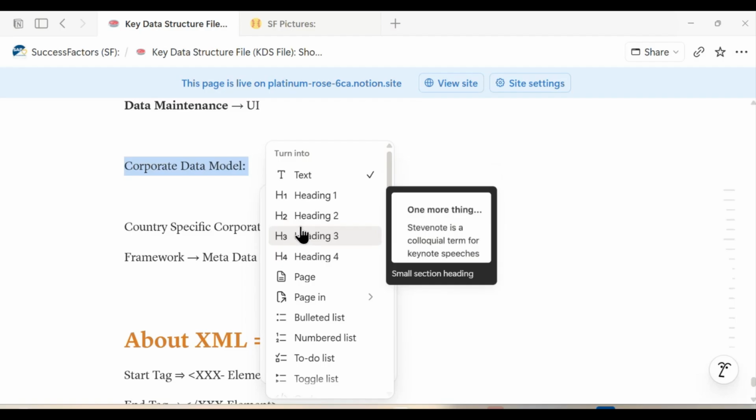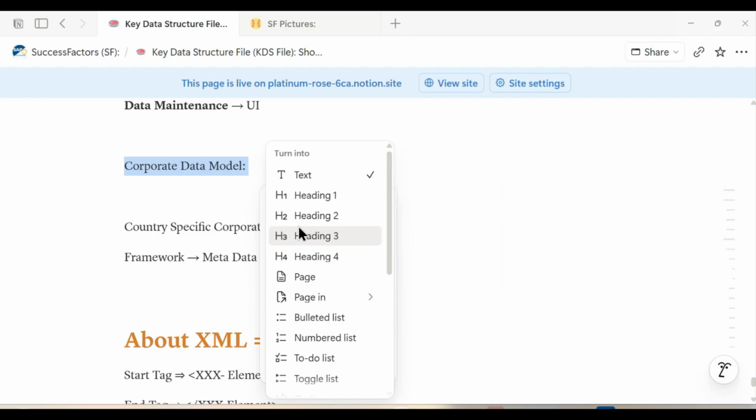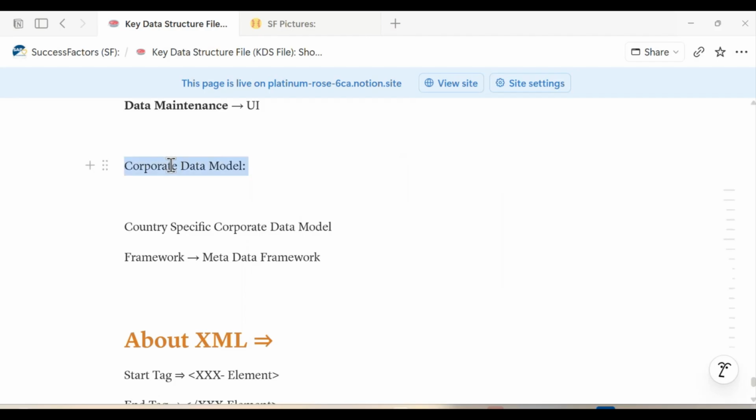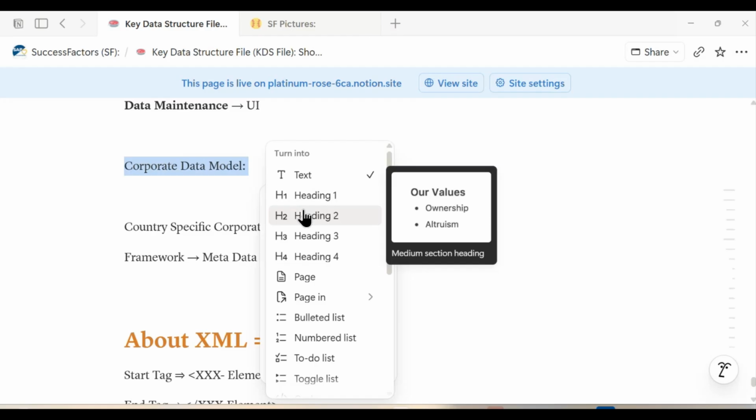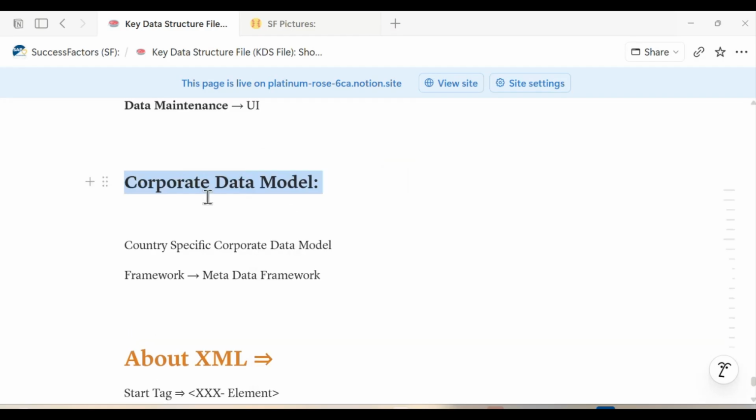You are a consultant, and the company gives you responsibility to configure what the company wants. So accordingly you have to configure according to the client. Every client has specific values, specific foundation data. So if I'm talking about the corporate data model,